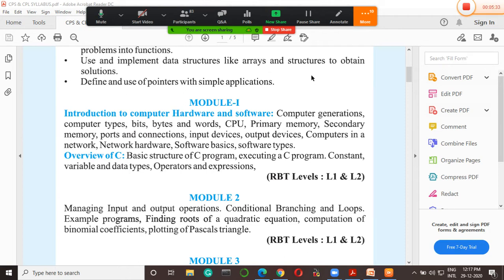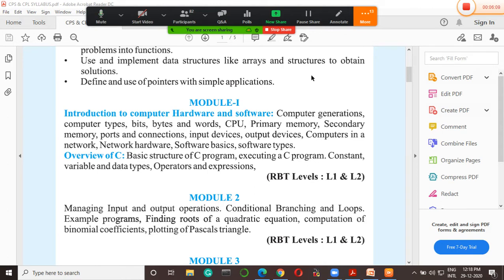So without writing an exam, we can't expect marks. If I want marks, then I need to write an exam. Exam is nothing but an input. If I give the input, then only I can expect the output. So in order to give the input, what is the major important thing that we must know in C language? And in order to get the output based upon the input given by the user, what is required will be discussed in this module 2 first concept.